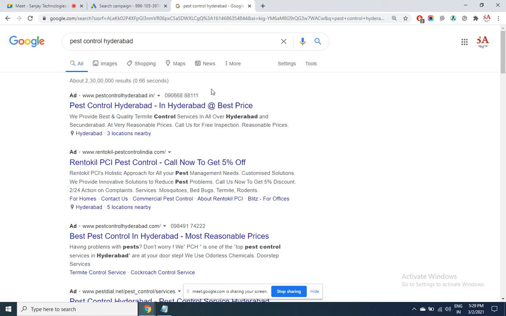Now the advantage with the call extension is, it's a very important extension. Today if I am searching for any keyword, I may directly call on this number. It is not only a free lead, but a very important quality lead that you have got without paying anything. 80% of people don't use any extensions. I do not understand the reason why. Is it out of laziness or not knowing? What is the harm in using it? It is a bonus given to you.